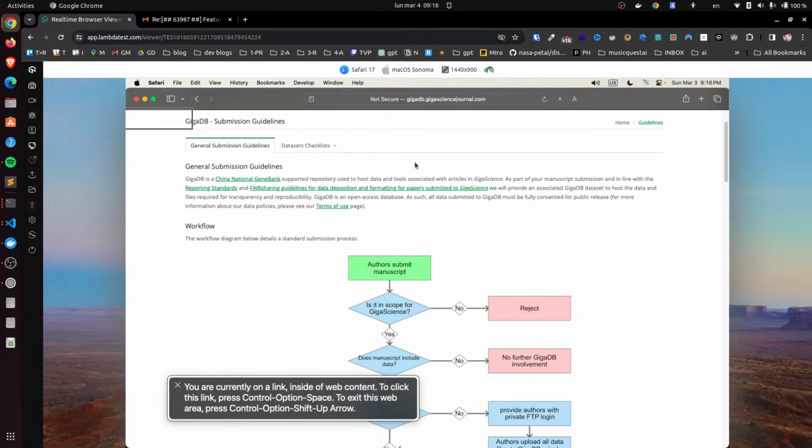Apparently start reading is VO A. VO is Control Option. Control is not the Mac key. See, you have Control Option A. This is not working.